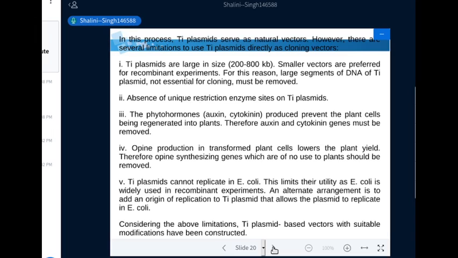The phytohormones auxin and cytokinin produced prevent the plant cells from being regenerated into plants. Therefore, auxin and cytokinin genes must be removed. Opine production in transformed plant cells lowers the plant yield. Therefore, opine synthesis